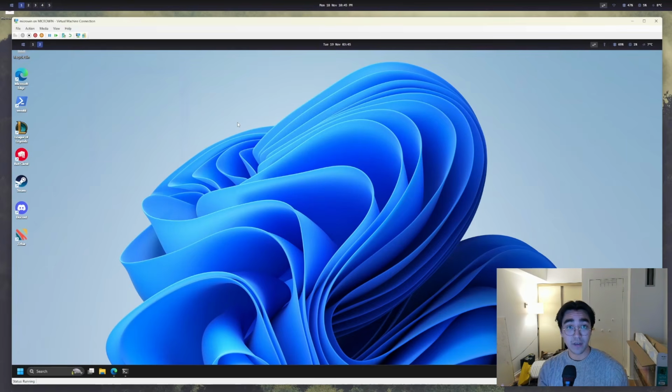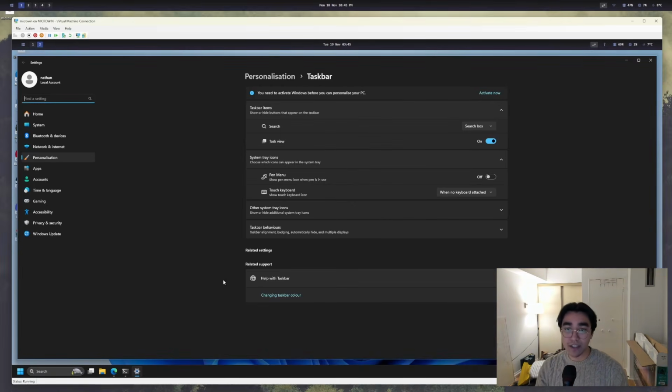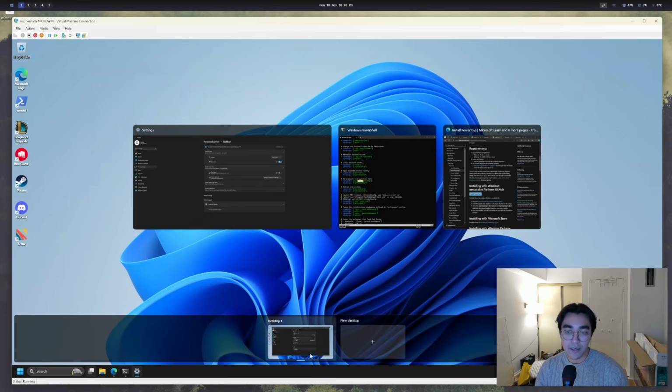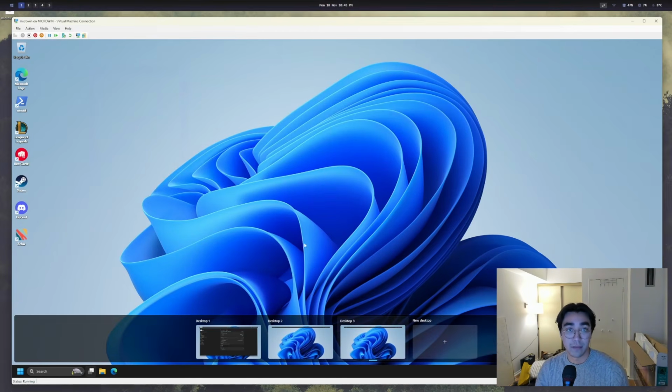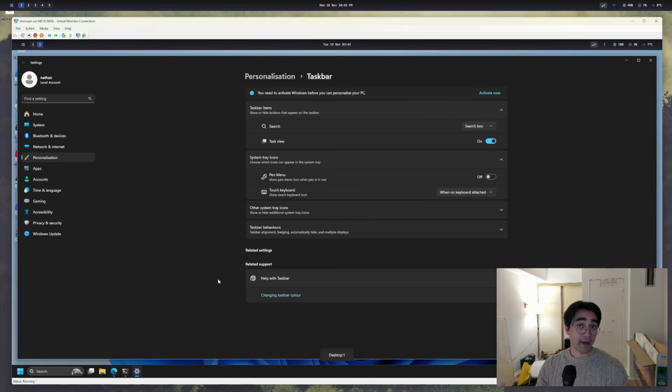Ingredient number 3 of our tiling window management experience is virtual desktops. Now, Windows by default actually has a pretty decent setup for virtual desktops. If you right-click on the taskbar down here, you go to Settings, you can turn on Task View, and this will show you can create a number of different virtual desktops. I've got desktop 1 over here. Let's go ahead and make 2. I can go make 3. Why not? And now I can pan between them. That's not bad, but